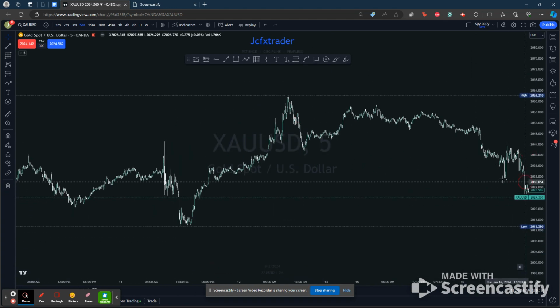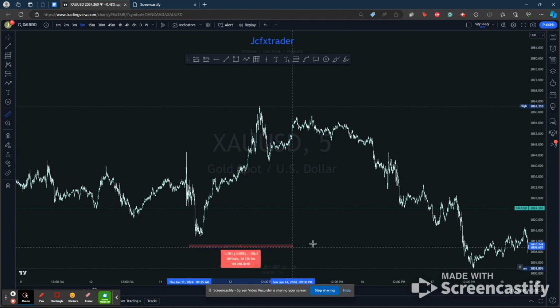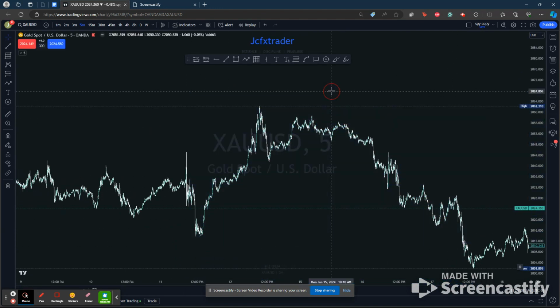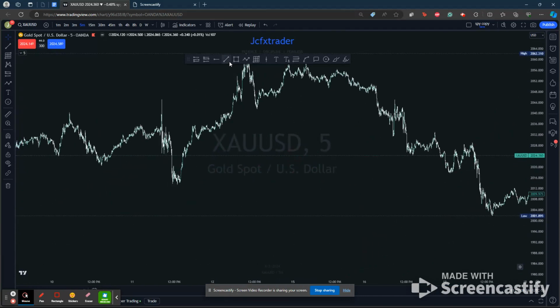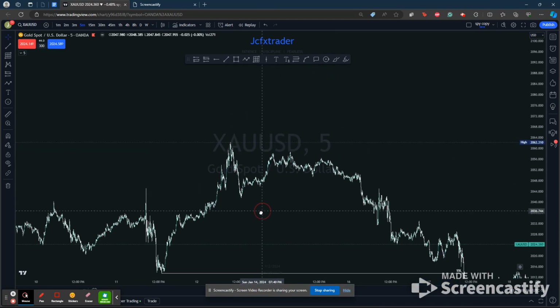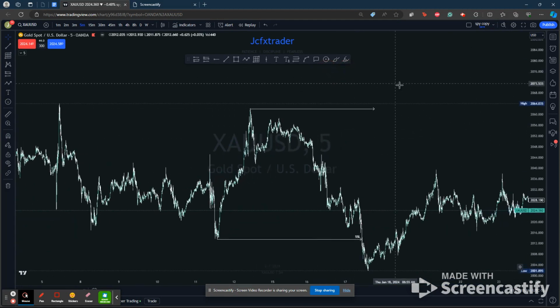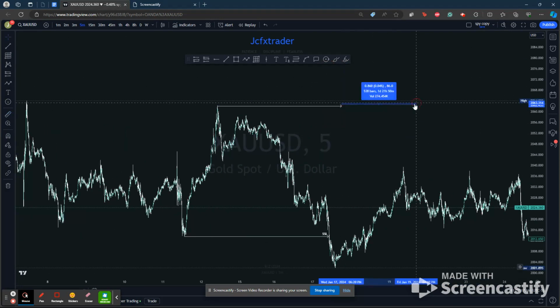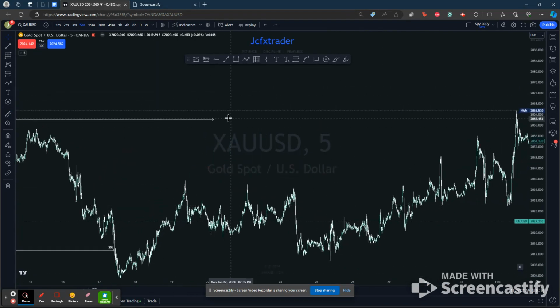So if we were to take a look at this range right here, we can see that we have sell side liquidity here, and we have buy side liquidity. This would be the range that we would be looking at. This is the range we would look at if we were dragging it all the way along to see when